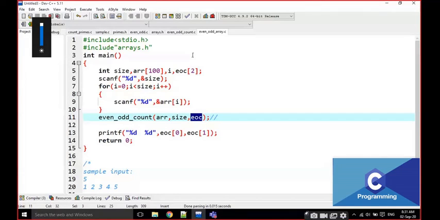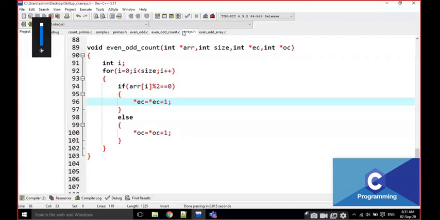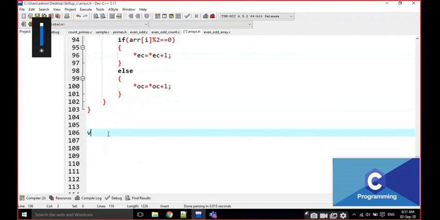Okay, now I am going to modify it, I am going to write even odd count again. I am going to change the different functions here. This is also a void function, and the function name is like this, and here I am passing int star arr, and size, this is the value, and the next one is EOC, like this.